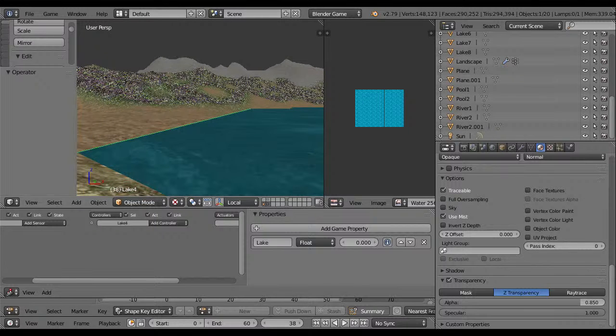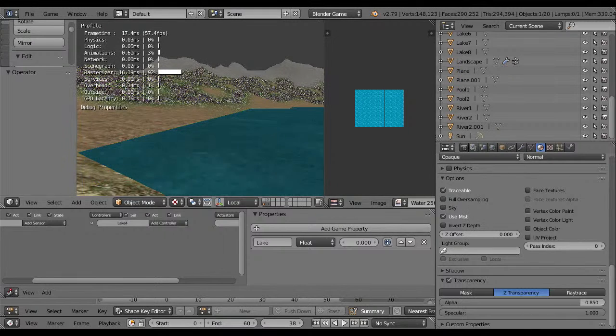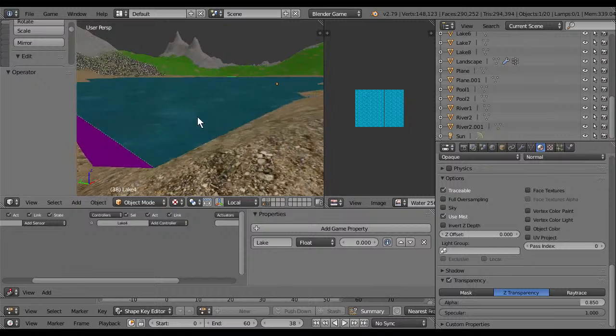Color is too green. That's why it's too big.